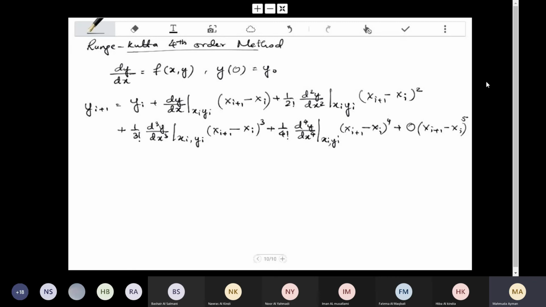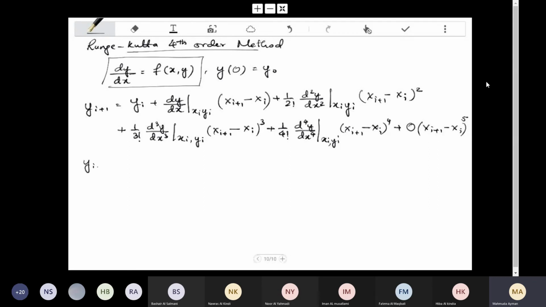And in Runge-Kutta second order method, you take the first three terms of the Taylor series expansion and you equate it to what Runge-Kutta assumed to be the formula for numerically solving the differential equation of this form. Now in Runge-Kutta fourth order method, we are adding two more terms of the Taylor series here. So we are taking the first 5 terms of the Taylor series, and now since we already know that dy by dx is f of x y, we'll substitute this value in the Taylor series here,